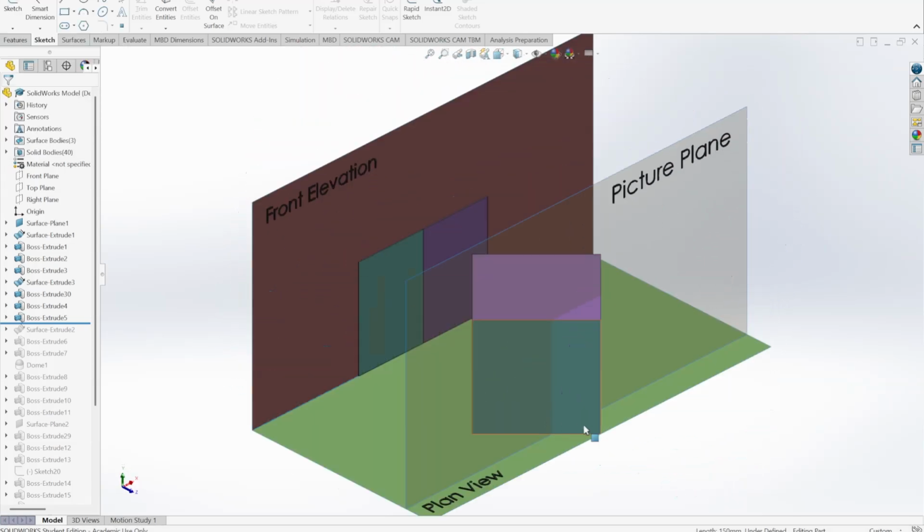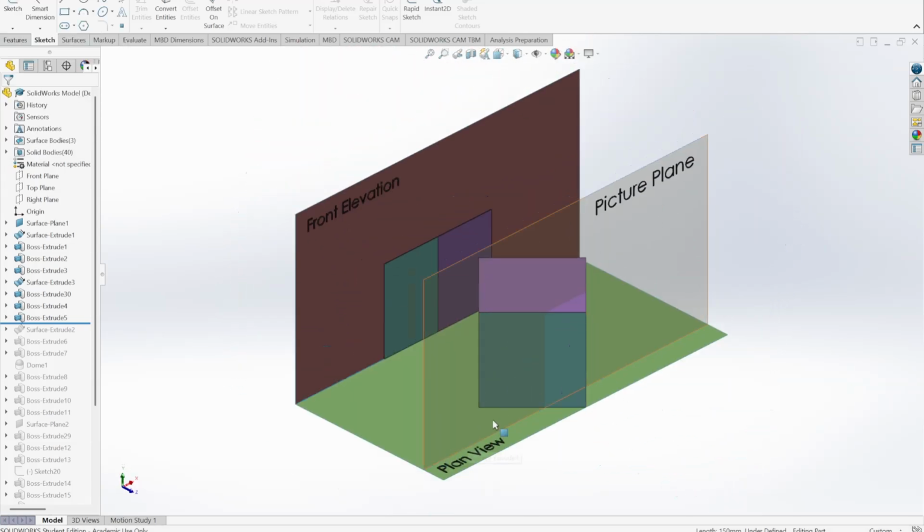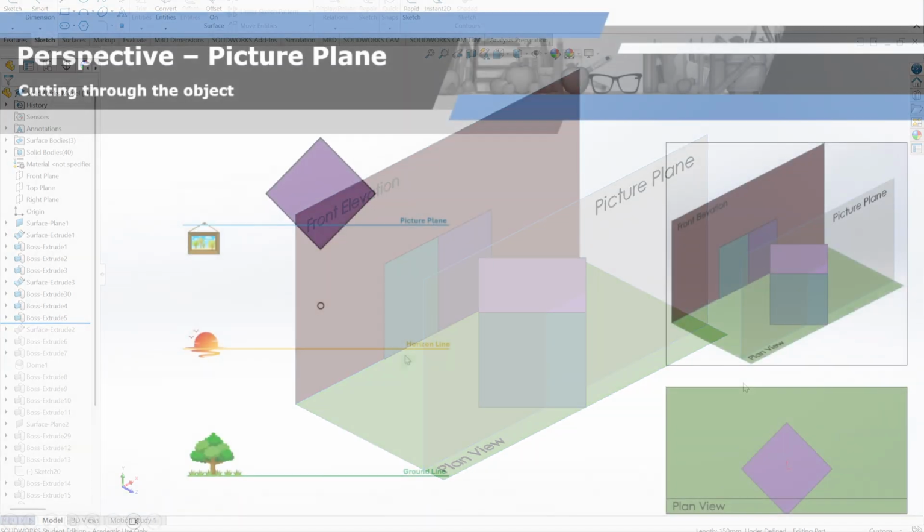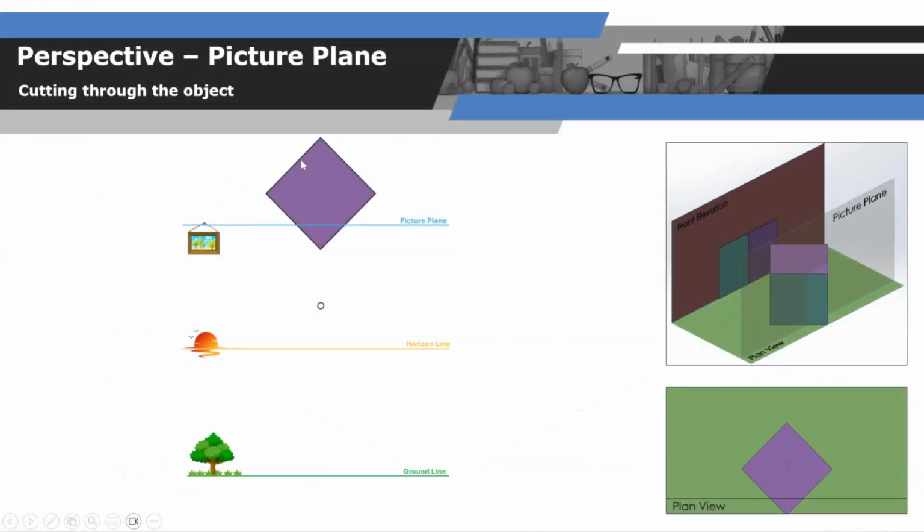So here you can see that the picture plane is essentially cutting through our object. And we're going to determine the shape of the object in perspective, and we're going to use these points here where the picture plane cuts through the object to our advantage to identify the object in perspective. So here we have our animated PowerPoint, and we can see that our picture plane is cutting